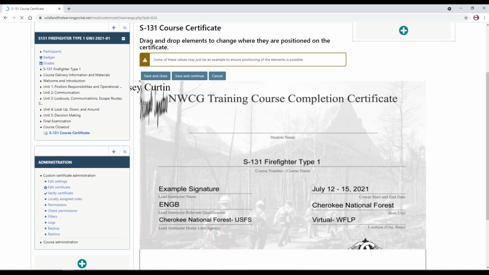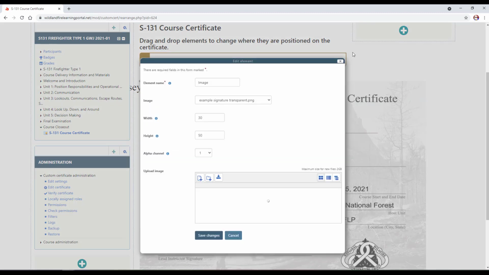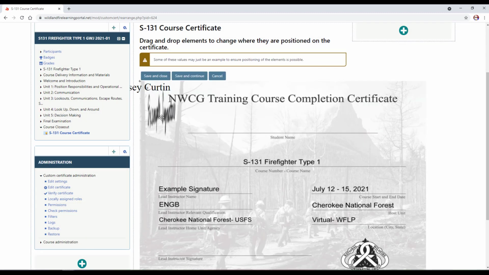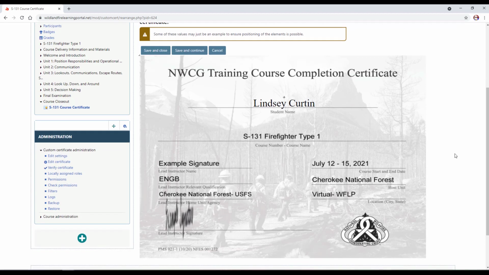And we have the crazy scribble of our signatures. We definitely need to arrange that. But what we're going to do here is simply click on the elements and we can drag them around. So I'm going to grab our signature that we know is going to need some fixing, but it's going to live here somewhere. Then we're also going to grab the student name and try and center it on our picture. Okay, so now that it looks all right, we're going to save and close,